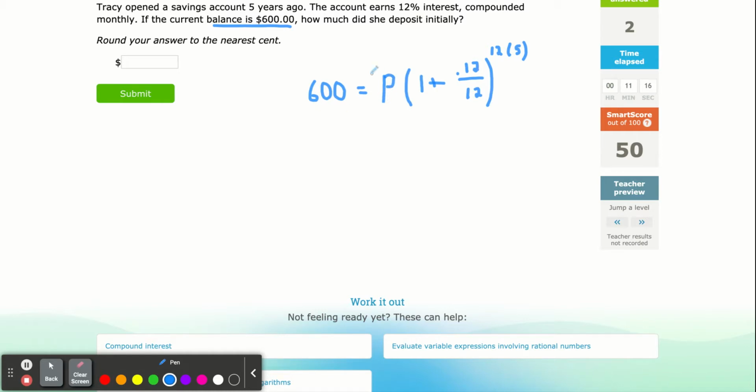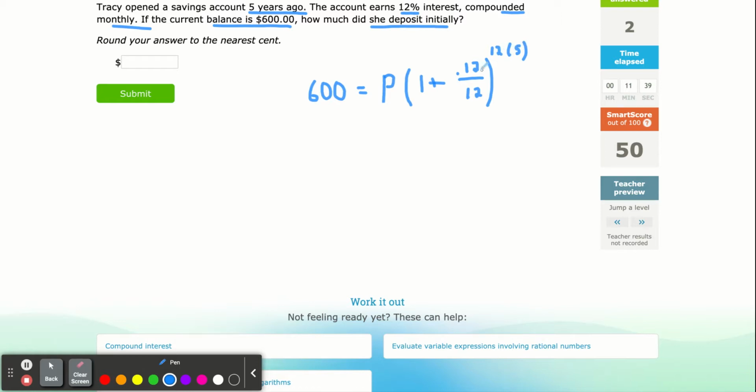Equals what she started with, which we don't know. That's what we want to know. She deposited initially some unknown value, times 1 plus our interest rate of 12% a year, so that's 0.12. It's compounded monthly, so that's divided by 12, and we did it for 5 years. She's been saving for 5 years, so 12 times a year